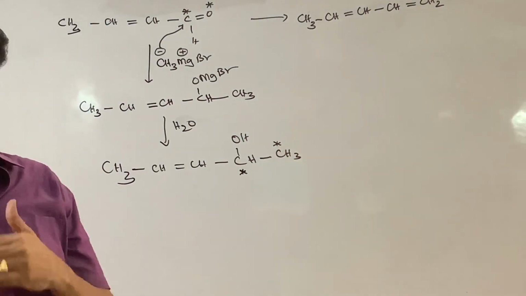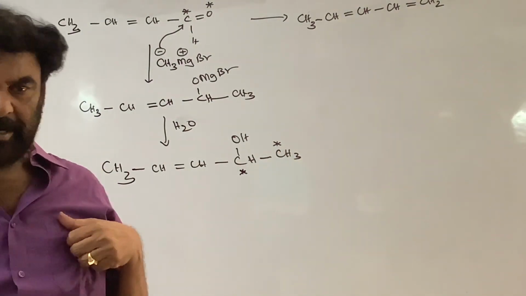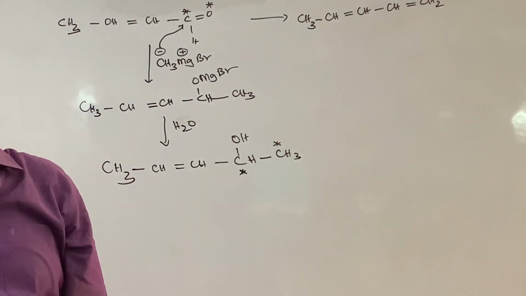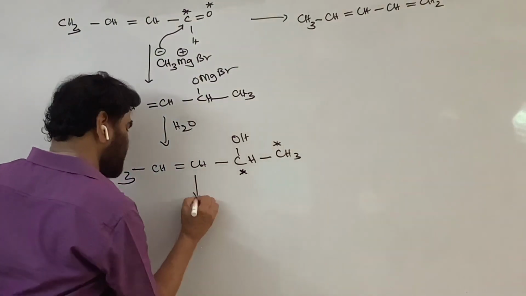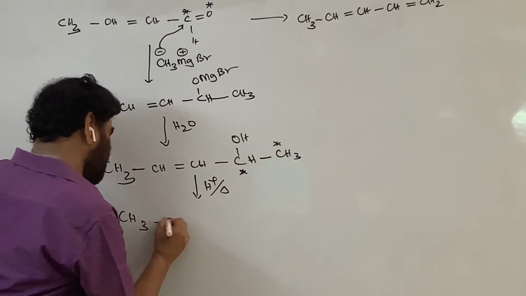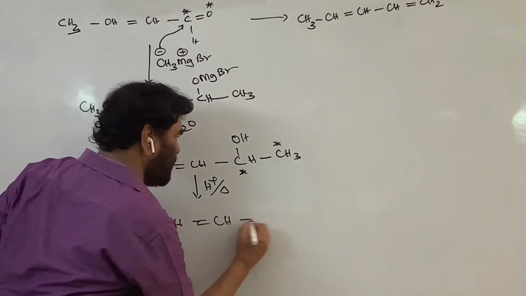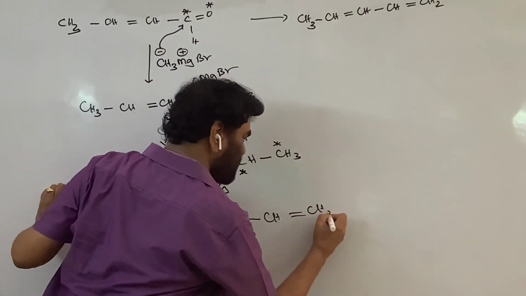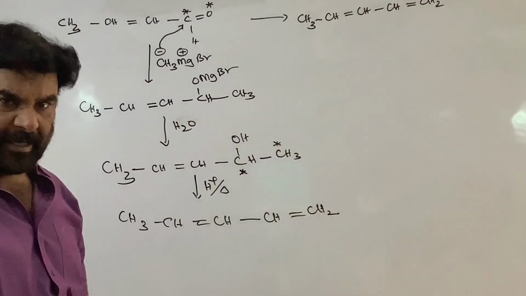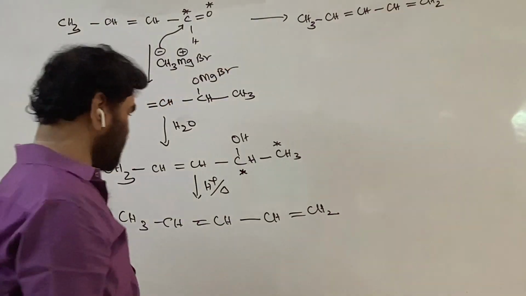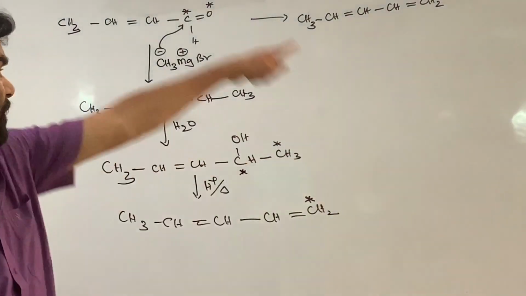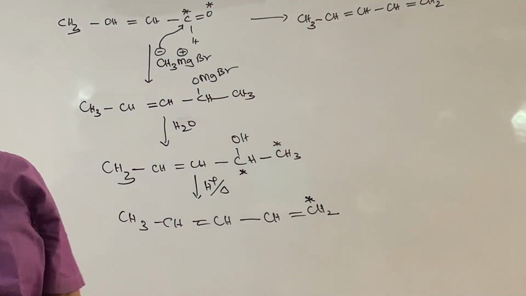You know that if there is a double bond, the other double bond is in conjugation with the existing double bond. Therefore dehydration takes place. CH3, CH double bond CH, CH double bond CH2. Penta-1,3-diene is formed, that is the product. This is the carbon we got from the Grignard's reagent. By using the Grignard's reagent, we can create this.